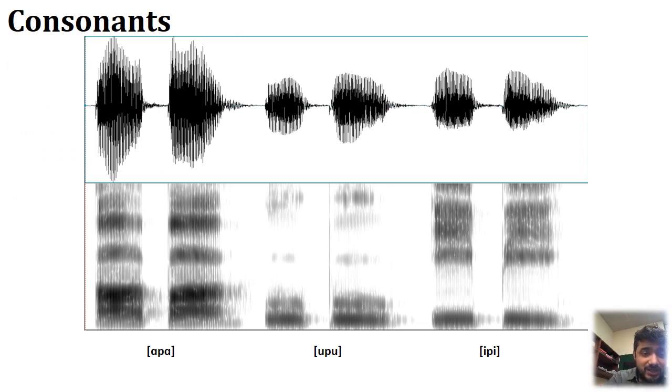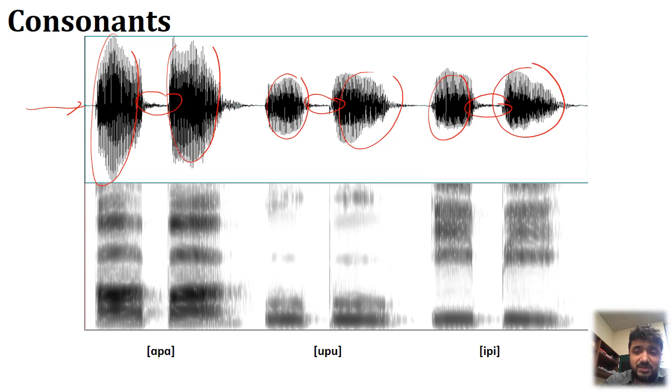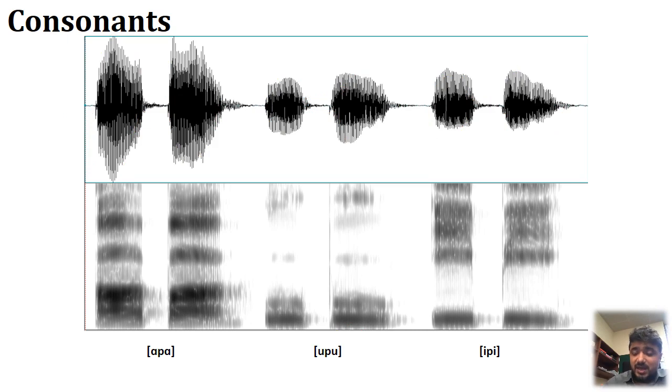All right, look at the time domain first. In these places there is very little, if any, energy, right? So there's next to no energy, and there is very high energy here for the vowels. So appa, upu, and ep. I've taken two from the front, one low and one high, and one from the back high. All right, and now what I want you to observe is the first phenomenon that we just talked about. Let me just clean everything up. And that is